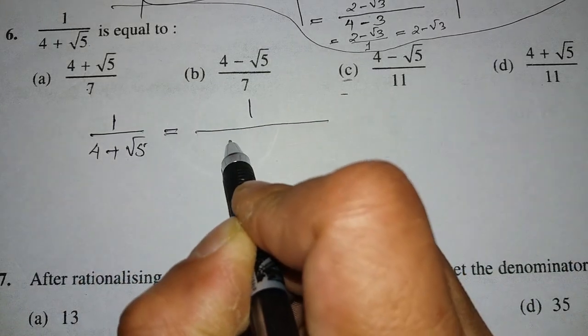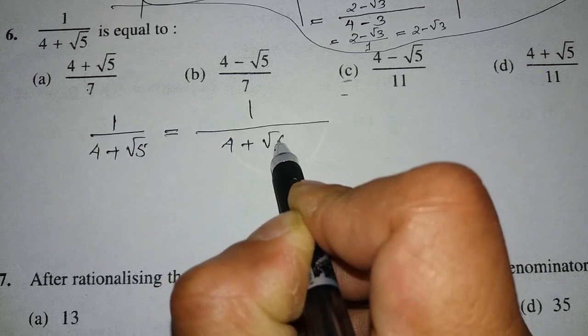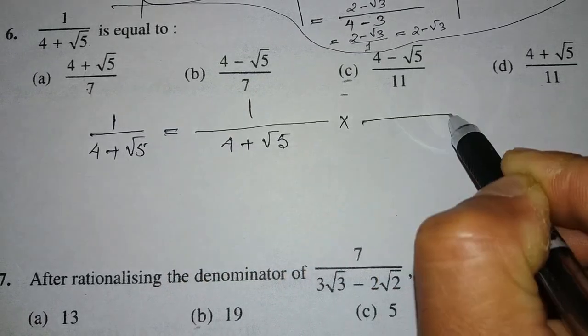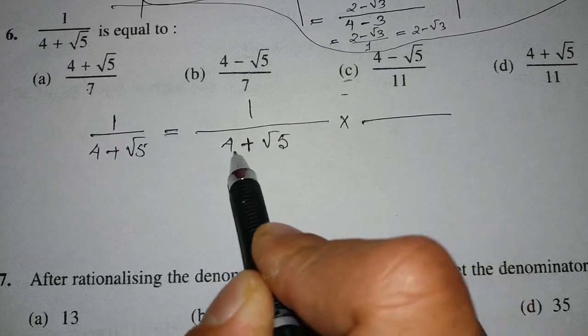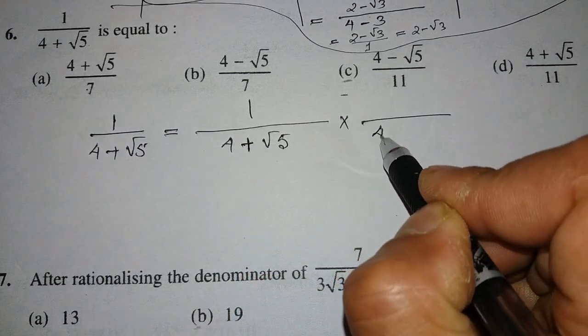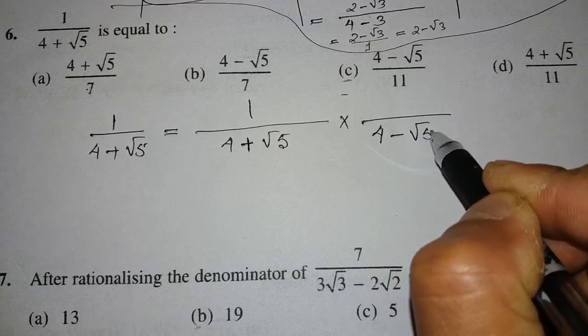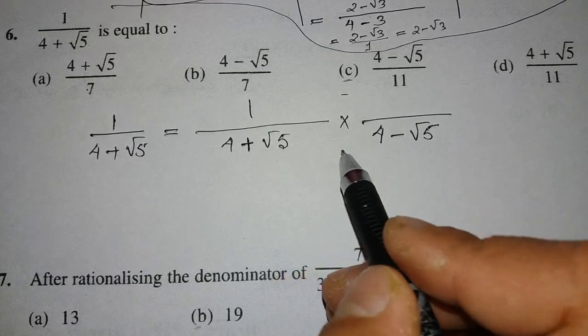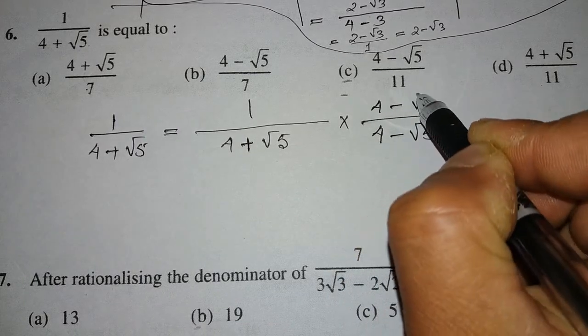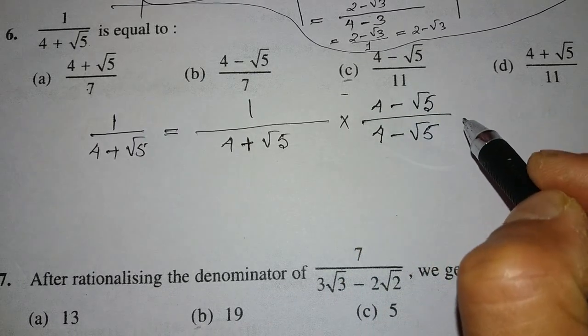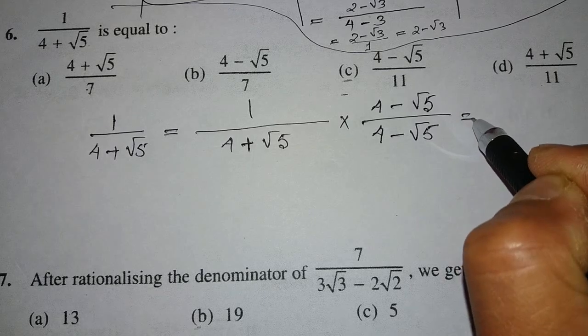1 by 4 plus root 5 into, now there is a plus sign here, so we will simply change the sign, root 4 minus root 5, rationalizing the denominator. So whatever you have written here, you have to write the same thing up here. Now this is equal to,